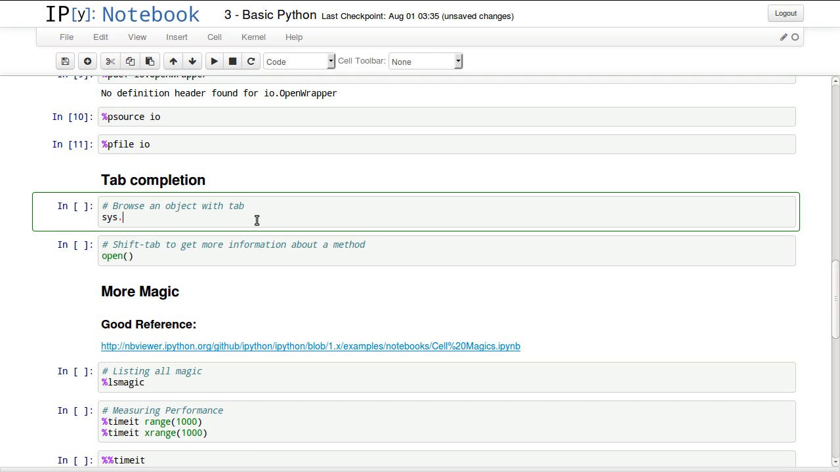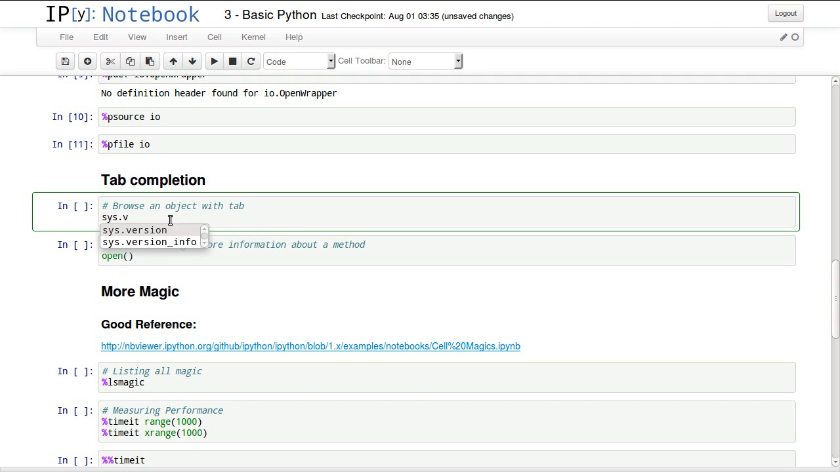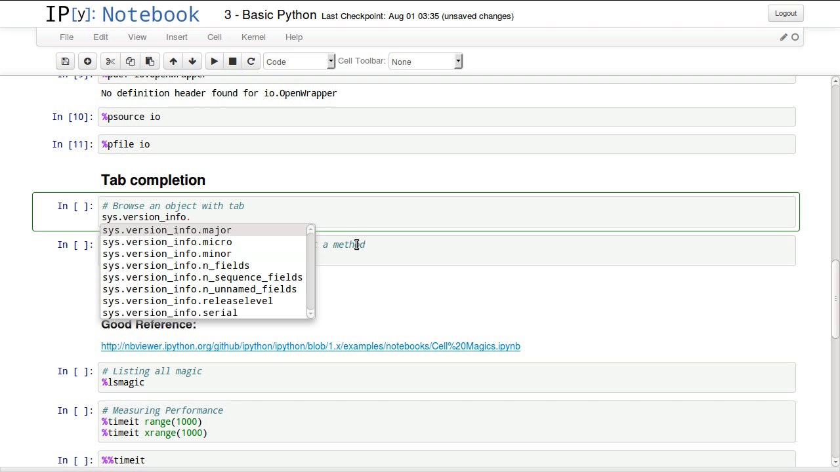Tab completion is one of the most important things we have in IPython notebook. So if you hit tab after adding a dot, you can explore and browse everything inside this object. So you can start typing V, and it will filter out only things starting with V. We can see that we have version_info, for example. Then we can add a dot again and tab, and it will give us more information, so we can see our major